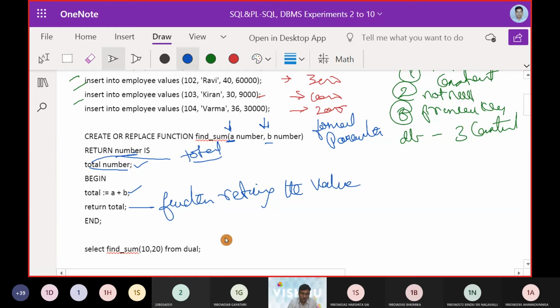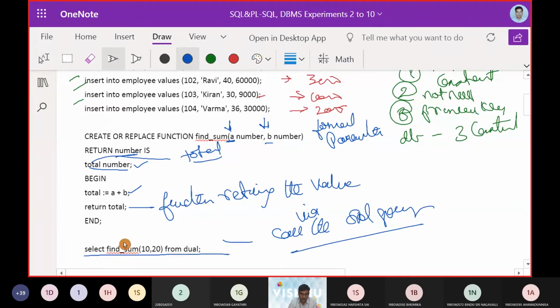You can call it via a SQL query. You just call the function find_sum with 10 and 20 from Dual. So directly we call it via SQL.